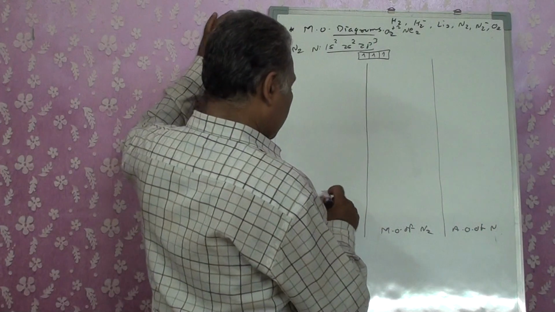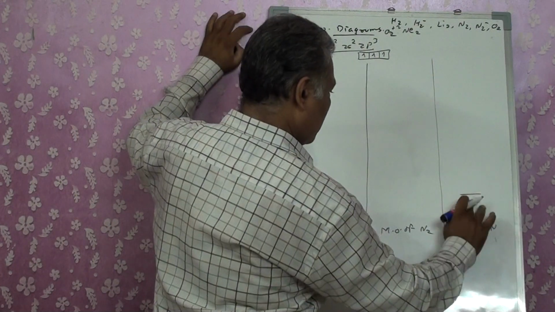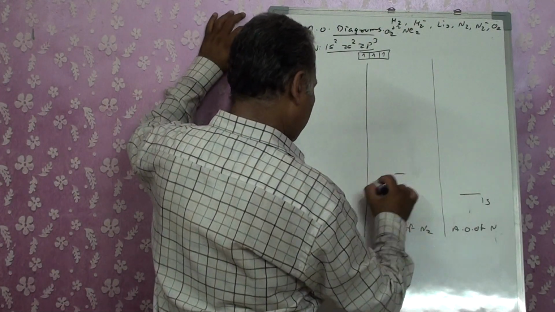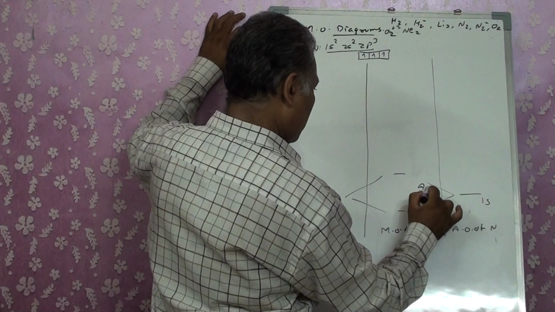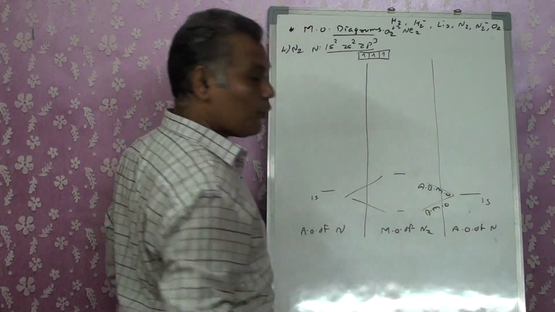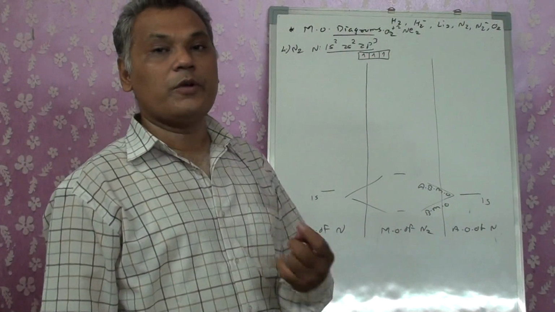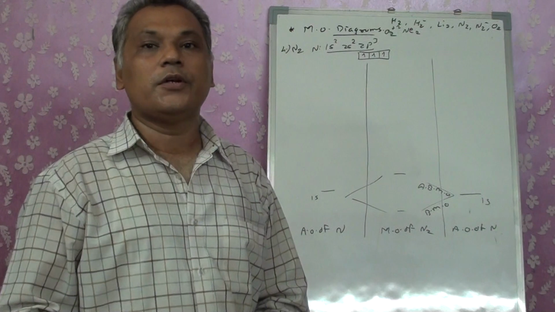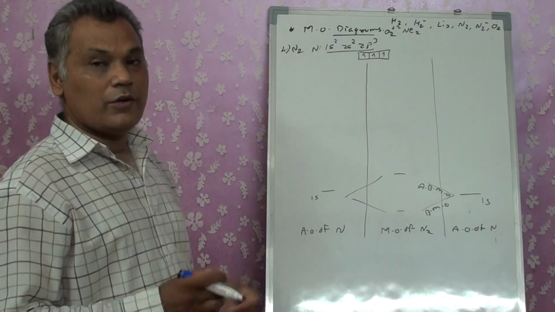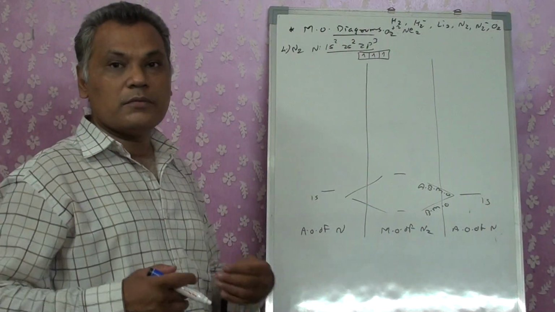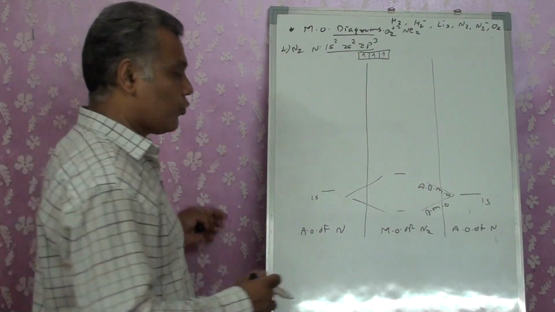Now, taking this as 1s, for both of them we show BMO and ABMO. Every time you will have to write it. Sometimes I may not write it, but in the exam you will have only one specific diagram to do. So in that case, don't forget it. You will have to indicate each and everything. When you are practicing you do a number of them, but in the exam you will have only one. So each of them you will have to show.